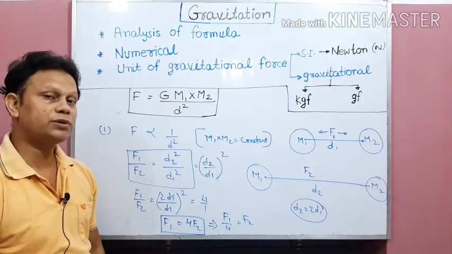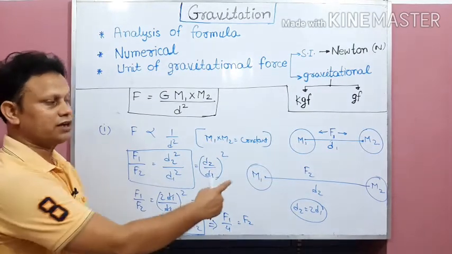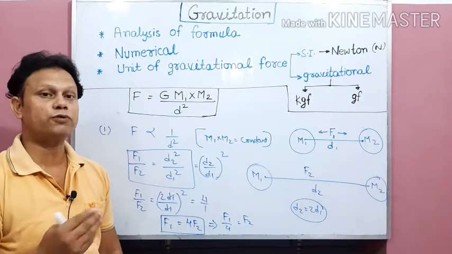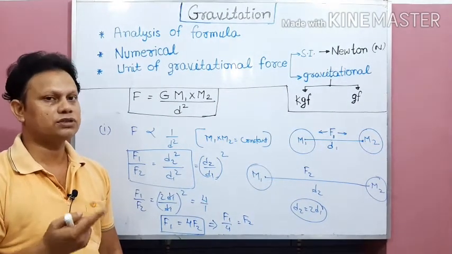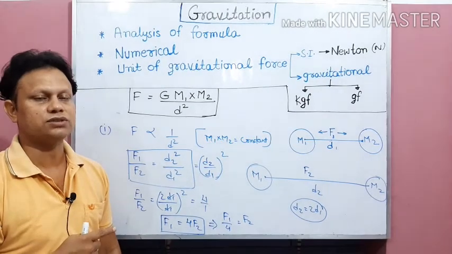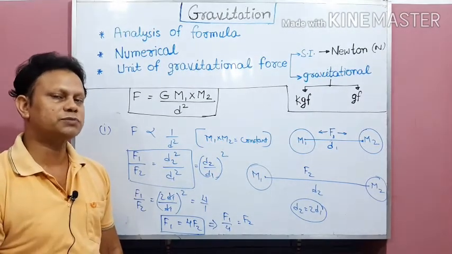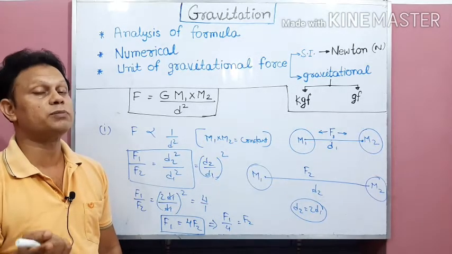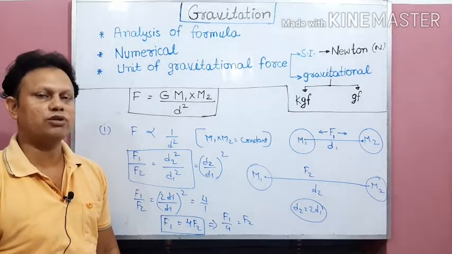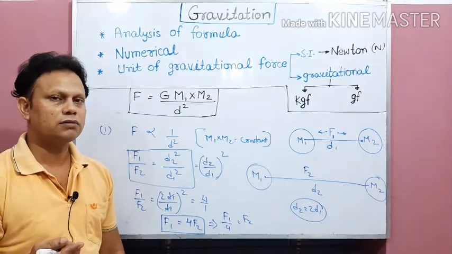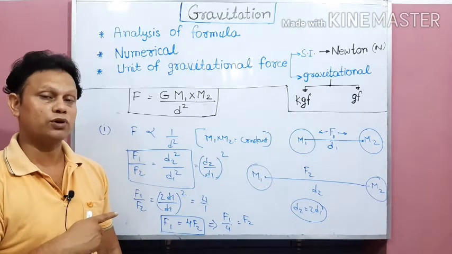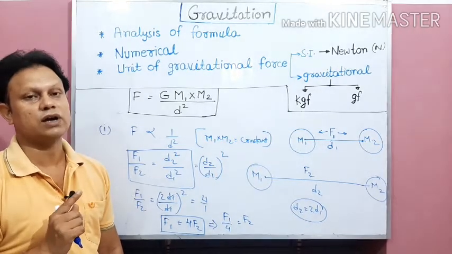Now why is it coming so? When we are increasing the distance by double, why is it affecting by 4 and why is it decreasing? Because it's a square relation. And why is it decreasing? Because it's an inverse square relation. So whenever you increase the distance between two objects, the gravitational force will become weaker. And how much weaker? Depending on the square value of the distance. If it gets tripled, the force will become 9 times weaker, because it follows the inverse square law.